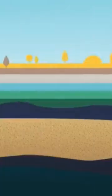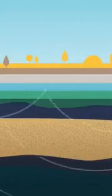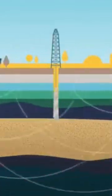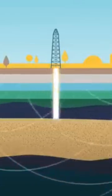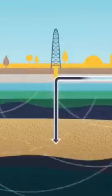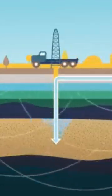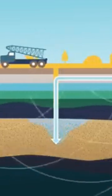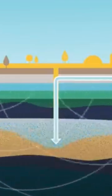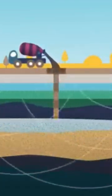To ensure that a CO2 storage site functions as it should, a rigorous monitoring process begins at the reservoir selection stage and continues for as long as required. The well, cap rock and adjacent rock formations are monitored for changes in pressure and CO2 concentration levels. All of these systems ensure that response times are swift and decisive action can be taken when necessary. Monitoring continues even after a well is closed, and EU law requires